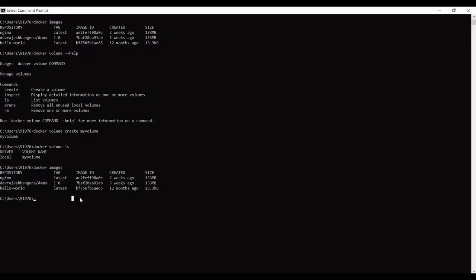So here is the command: docker run. The mounting of a volume is done when we actually run the image. So the command is docker run. I will give the name my web app.